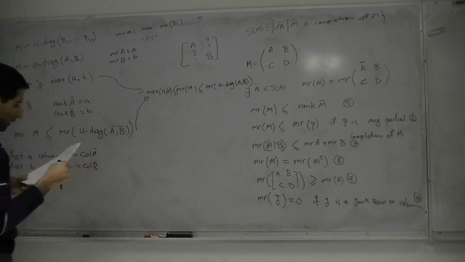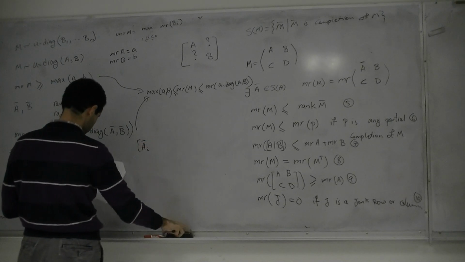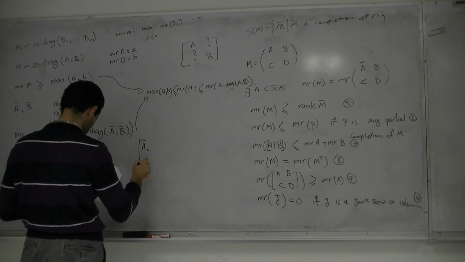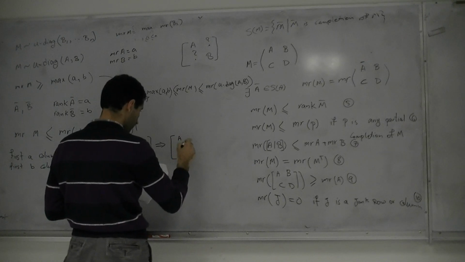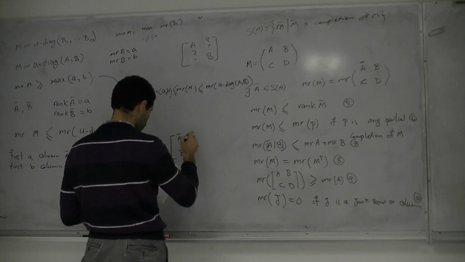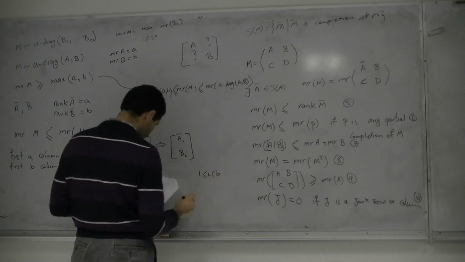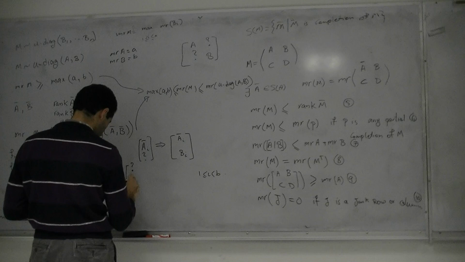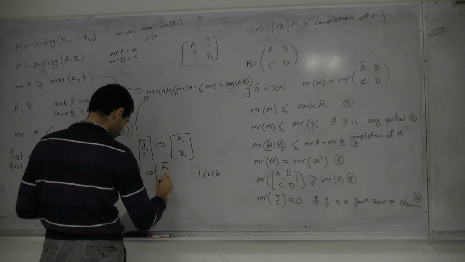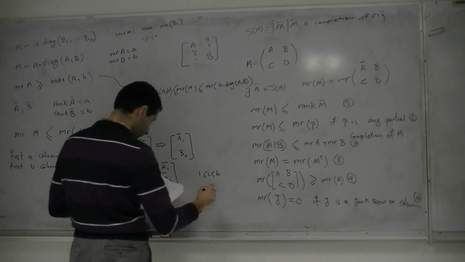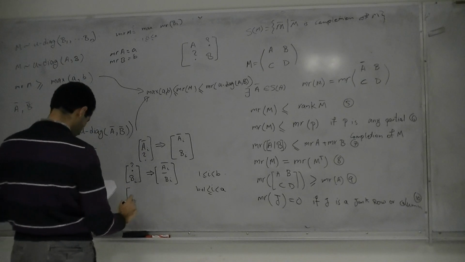By this assumption, we can complete the matrix on the diagonal of A and B by filling something like this. For example, A_i can be completed as, for example, A_i bar, B_i, and if i is between 1 to B, the result of this one is A_i bar, B_i bar, and if i is between B plus 1 to A, the combination of A_i